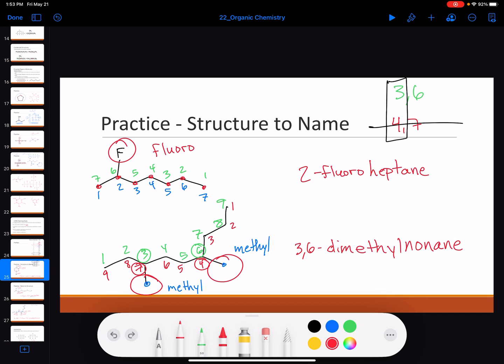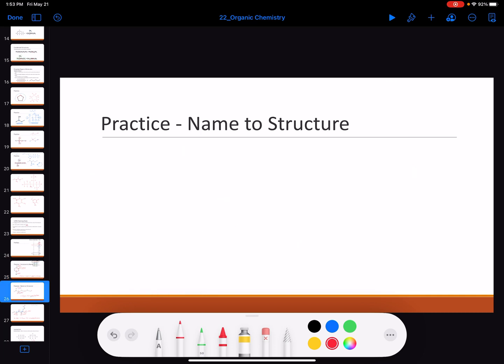Actually, probably the best way would be to look at it this way. Single bonds, 9 carbons in a row, a methyl group, in fact, 2 methyl groups located on carbon 3 and carbon 6. Okay. Now let's try going the other direction. Let me give you a name and you figure out the structure. Okay. What if it was a